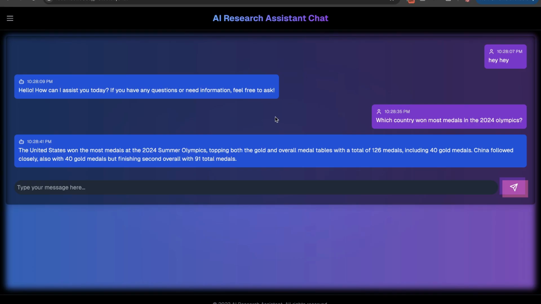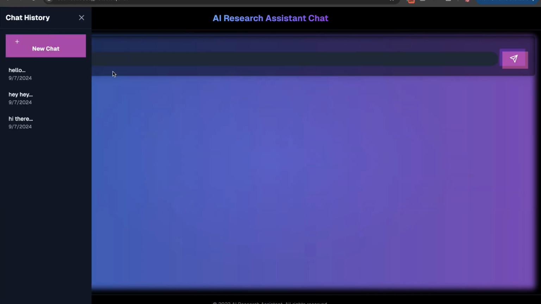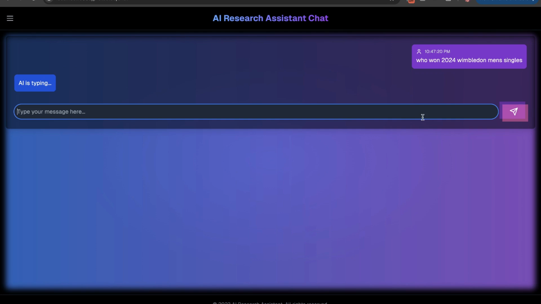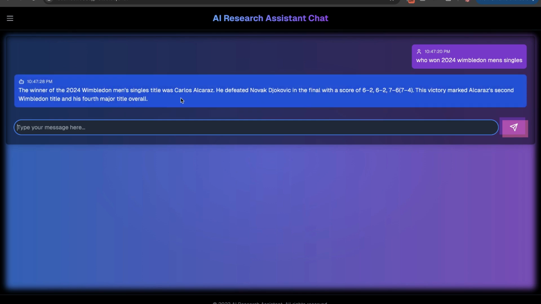Also, we have the app working. We can go in, we can start a new chat. So for example, we can ask something that happened recently. And what's going to happen is it's going to call the Langflow API and the research agent is going to get us the response by using the Wikipedia API. We can also